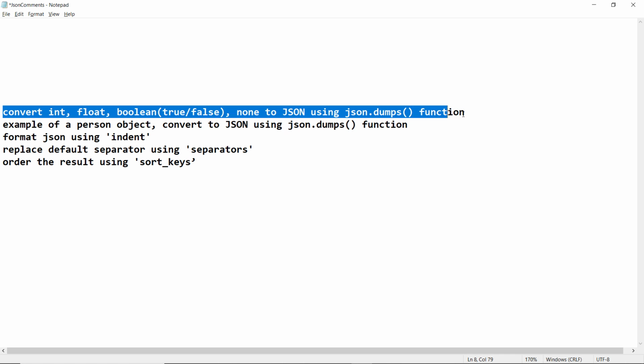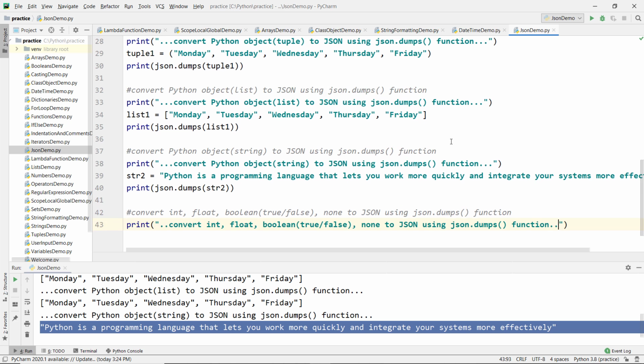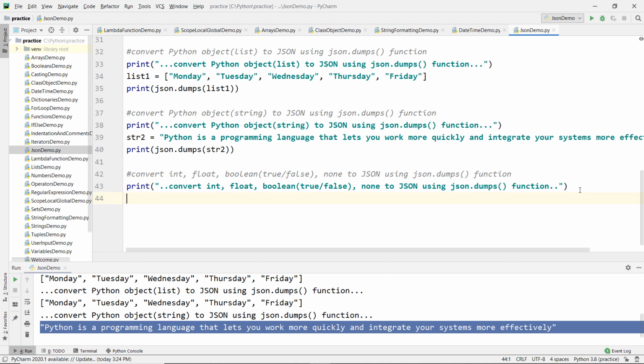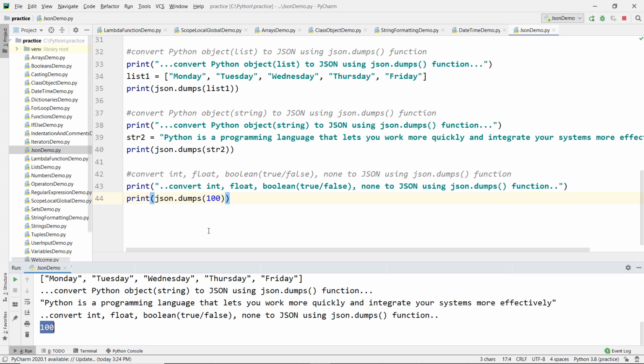Now let's see how to convert int, float, boolean and None to a JSON object. Use the function dumps and pass the integer. Let's print and see the value 100. That is the JSON object created by using the json.dumps function.